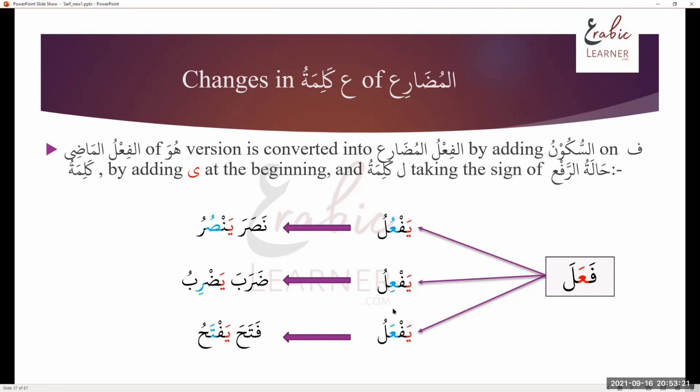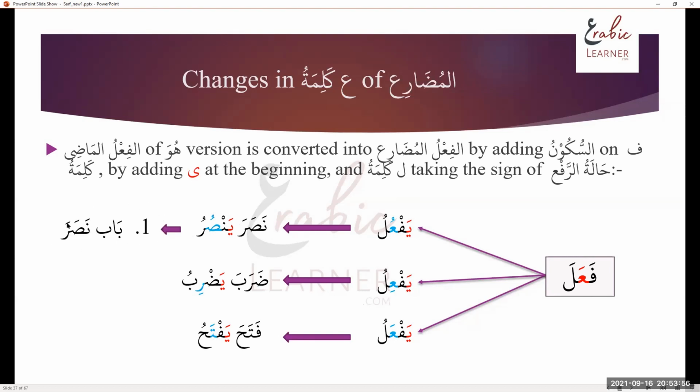Now, as I mentioned, Mudaare contains present and future both. It depends on the context. So you can say he strikes, or you can even say he will strike. Here I can call this itself